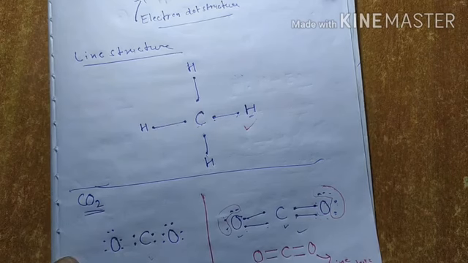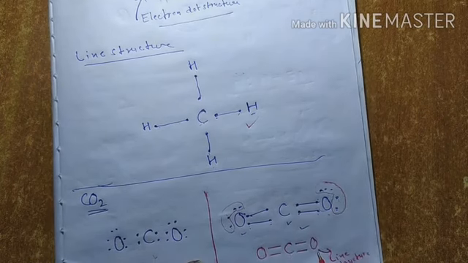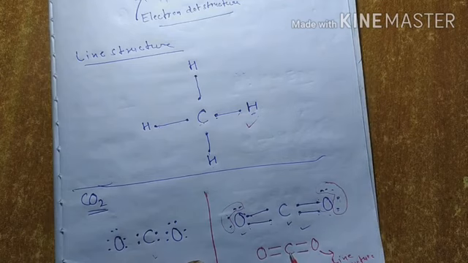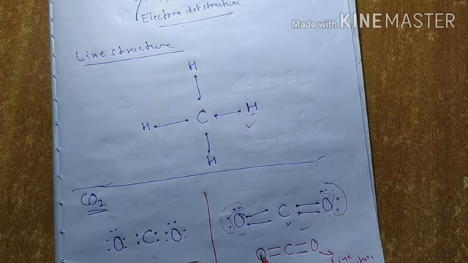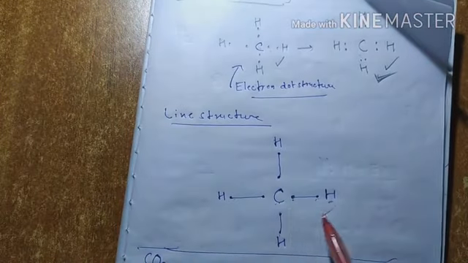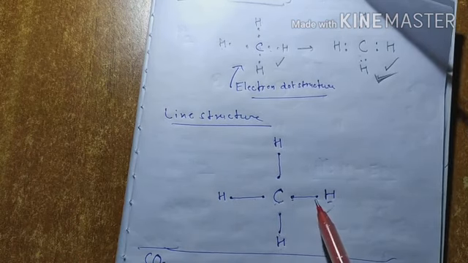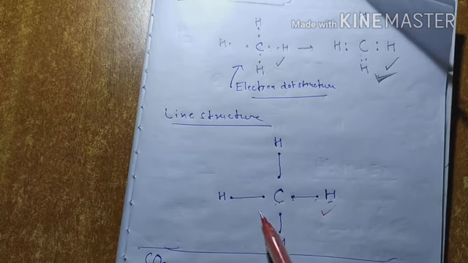So if I ask one thing, how many double bonds are present in this carbon atom and oxygen atom? Are there single bonds or double bonds? We can say in the carbon atom and oxygen atom there are double bonds. Similarly, between this carbon atom and this oxygen atom, are there single or double bonds? So there are double bonds. In case of this structure, between carbon atoms and hydrogen atoms, is there a single bond or double bond? So there are single bonds. This is single bond, single bond, single bond. Understood?